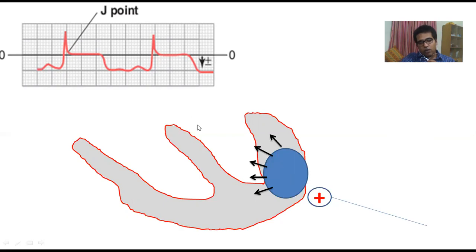Okay. So now when the depolarizing current depolarizes the whole heart, that causes the QRS complex. And now you can see here, as the TP segment is shifted downwards, the ST segment is expressed as ST elevation. So in case of transmural infarction, you will find ST elevation, and you will also find ST depression in the reciprocal leads.